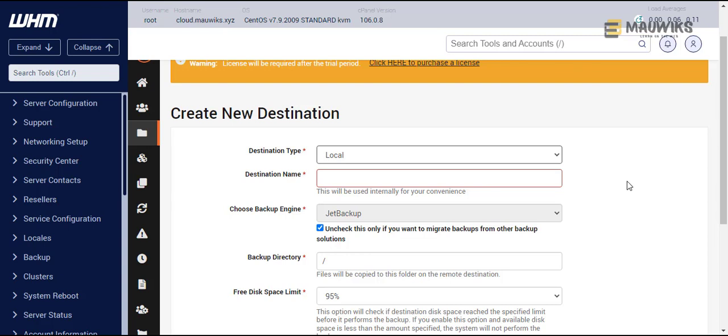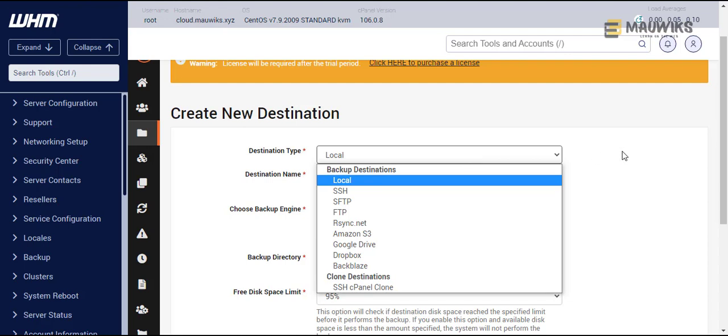So it's really recommended, if you are using your server for business, and especially when you're reselling hosting, that you get another external backup server